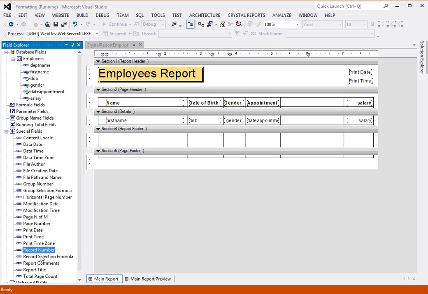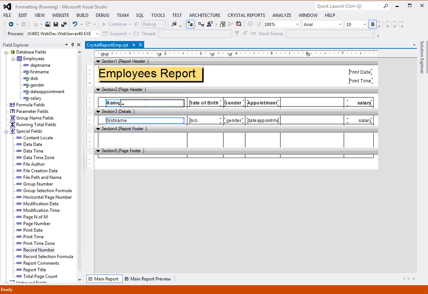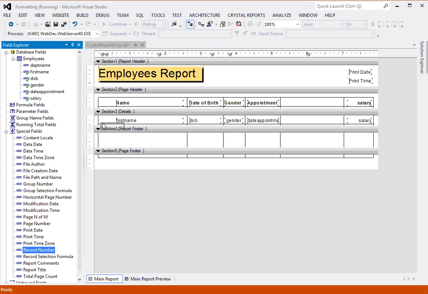This is the record number field, and to put it here, I need some place. So I'll make some place here. It's too much, this much is enough. Okay, click on record number, drag and drop here,